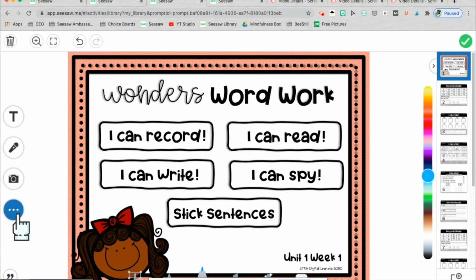So the first thing I am going to do is, you could go to this link feature, but I'm going to advise not to, because what I like to do is make my picture have buttons rather than if I go to this link